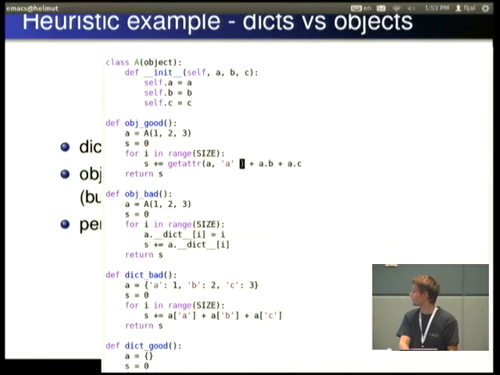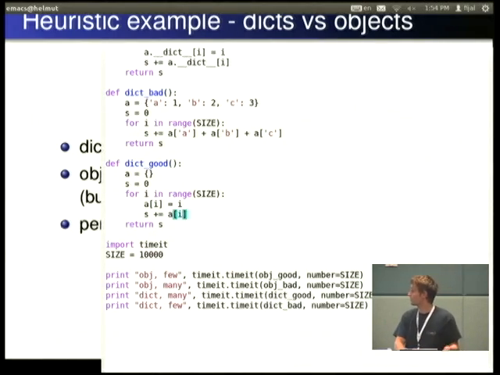If you, however, do something like +i here, then it's an entirely different story. So this is a bad usage of an object. PyPy doesn't like that. This is a relatively bad usage of a dict, not in the sense that it will be slow, but in the sense that you can write the same thing much faster using an object. And this is a typical usage of a dict. So if you run it,